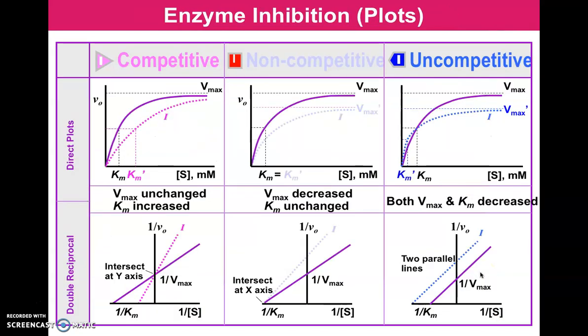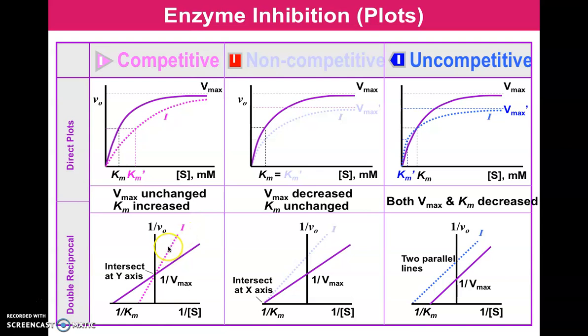So this is where you plot the graph for these three kinds of enzyme inhibition. This is the Michaelis-Menten plot, the top part, okay? And then this is the one when you use the Lineweaver-Burk plot, right? If you look here at the competitive inhibitor, when you plot the first enzymatic reaction, the straight bold line actually represents the enzymatic reaction line, right? And this one represents the inhibitor line.